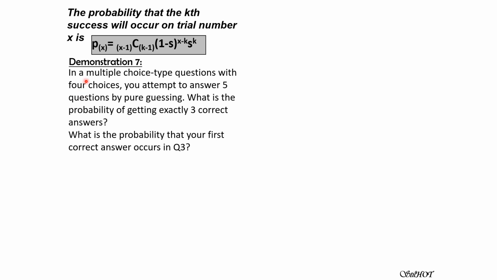So for the first case, this is 5 combination 3, probability of failure raised to 5 minus 3. Remember the formula. Then probability of success raised to 3. So to solve this, to answer this problem,